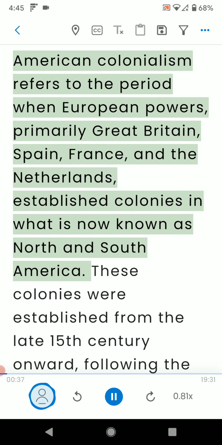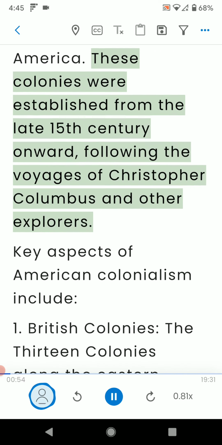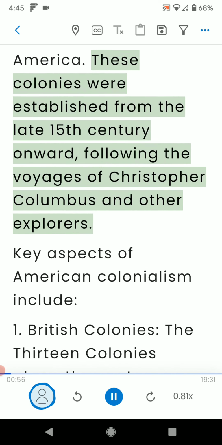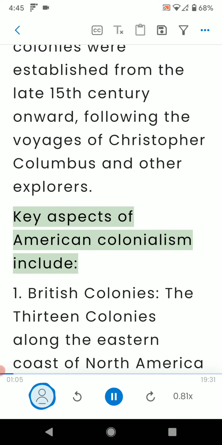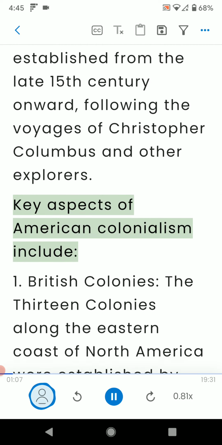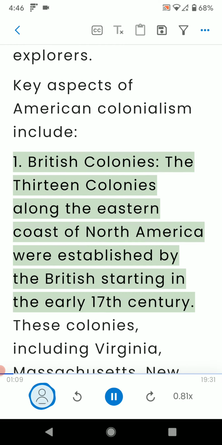American colonialism refers to the period when European powers, primarily Great Britain, Spain, France, and the Netherlands, established colonies in what is now known as North and South America. These colonies were established from the late 15th century onward, following the voyages of Christopher Columbus and other explorers. Key aspects of American colonialism include: